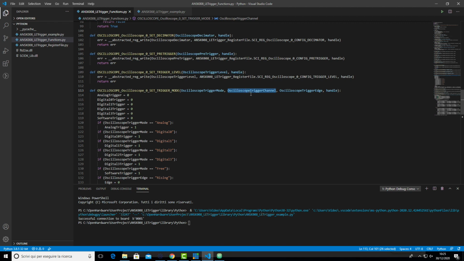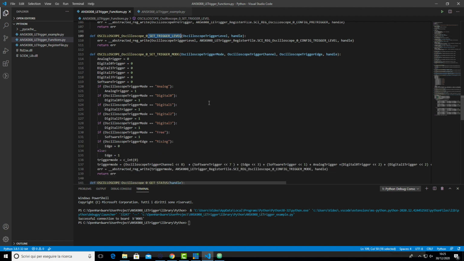So if we set channel 0 analog, the value of threshold that we set with the set trigger level will be used to identify the signal from channel 0.